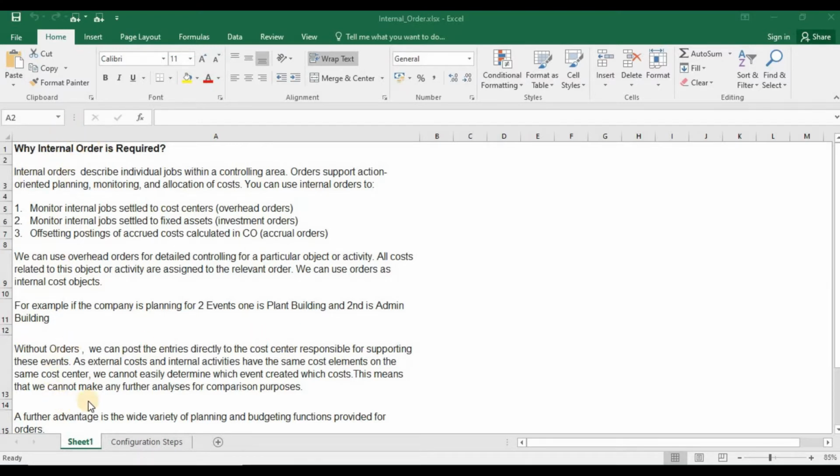Suppose I need to allocate the plan for plant building and for admin building, but I cannot maintain budget in an FI entry. So for maintaining budget, we have to use internal order. There is one more module used for project accounting, that is the PS module, project system.